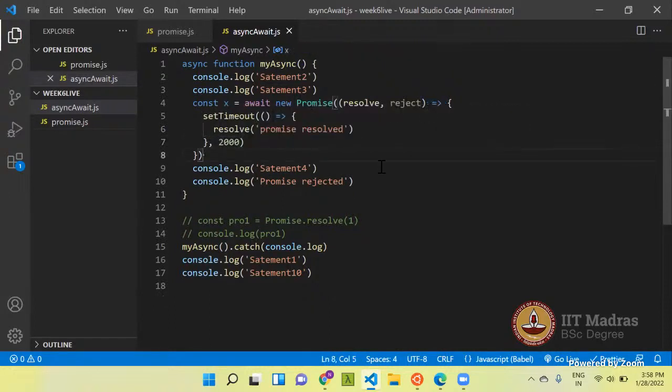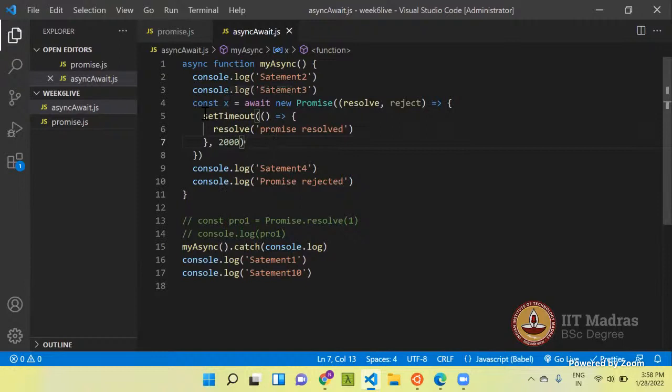So what I'm doing here is creating a new promise which will be resolved with the value promise resolved, and at the same time I'm using setTimeout to delay this from happening for 2 seconds. It's a similar kind of thing, but it will wait for 2 seconds.